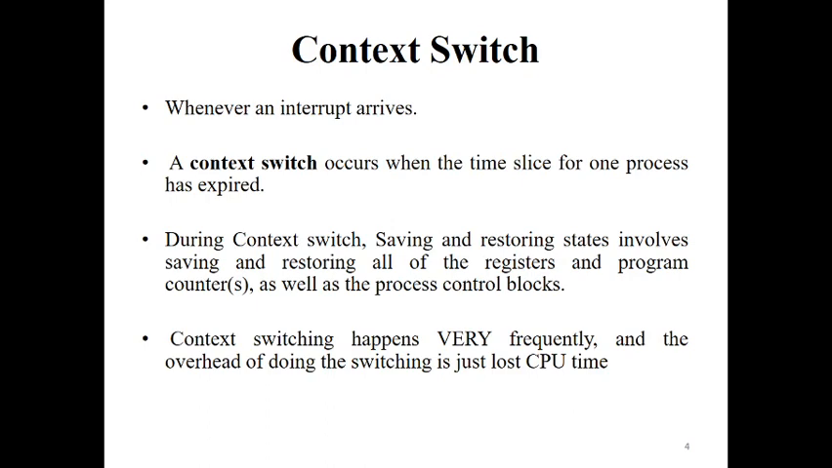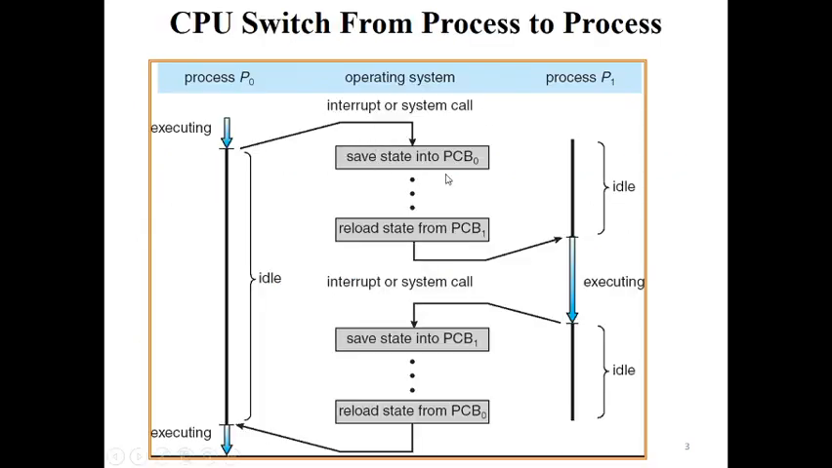So context switch time is the time elapsed between saving of one state and restoring of another state of the two different processes. So in a computer system it is always good to have a minimum context switch time. Context switch time is the time elapsed between saving of one state and reloading of another